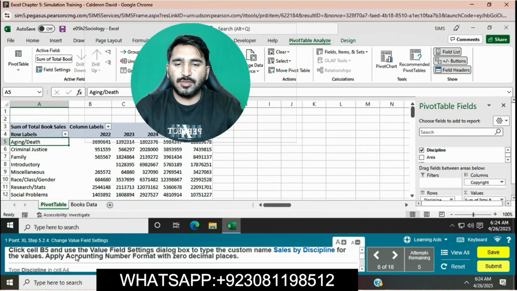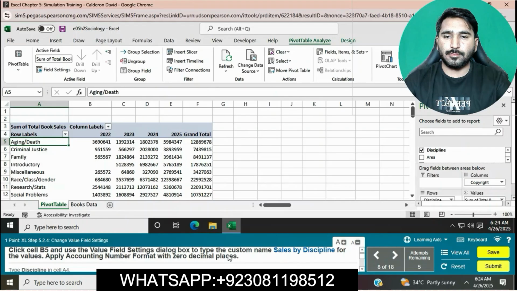Apply the accounting number format with 0 decimal places. Simply click on cell B5, where is B5, and use the value field settings dialog box.